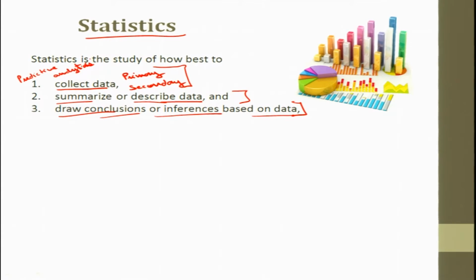Predictive analytics is where you predict, or sometimes you just collect the data and record it. That is a kind of predictive analytics. The other two parts are descriptive analytics and prescriptive analytics. Descriptive analytics is when you describe the data,